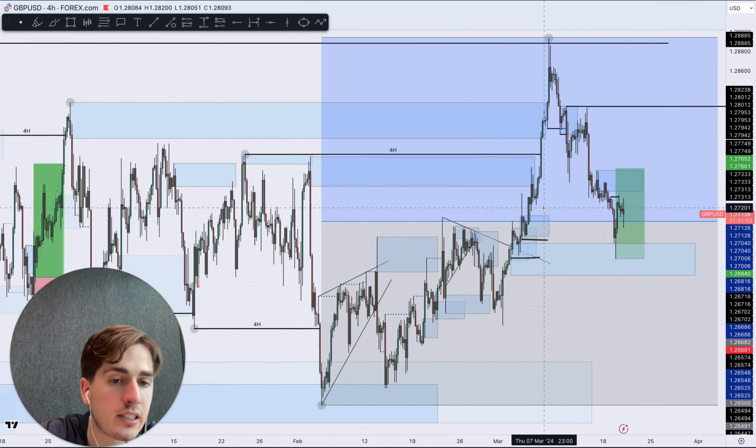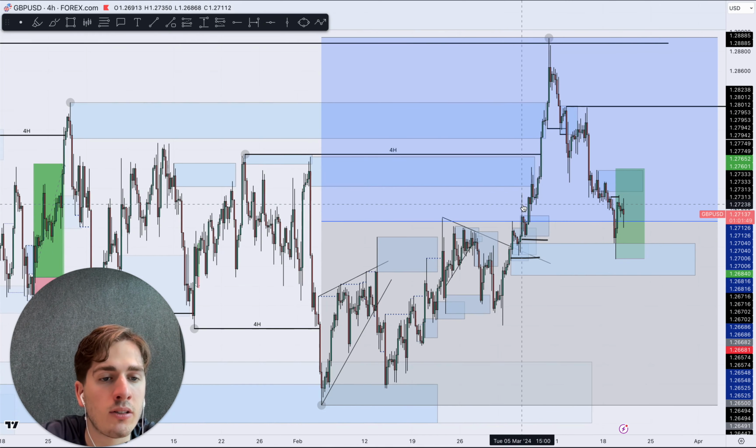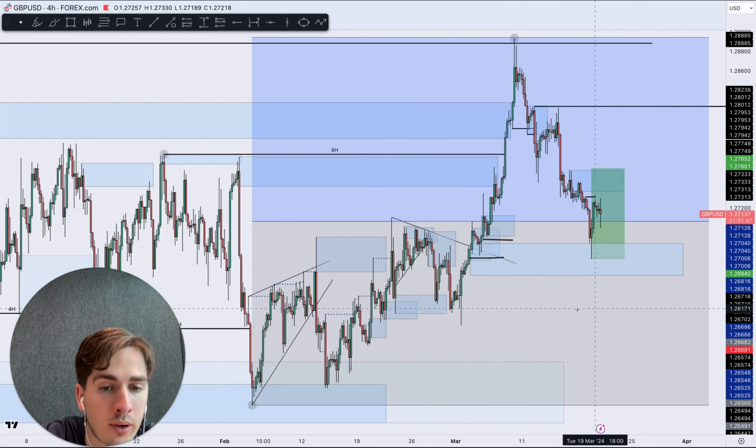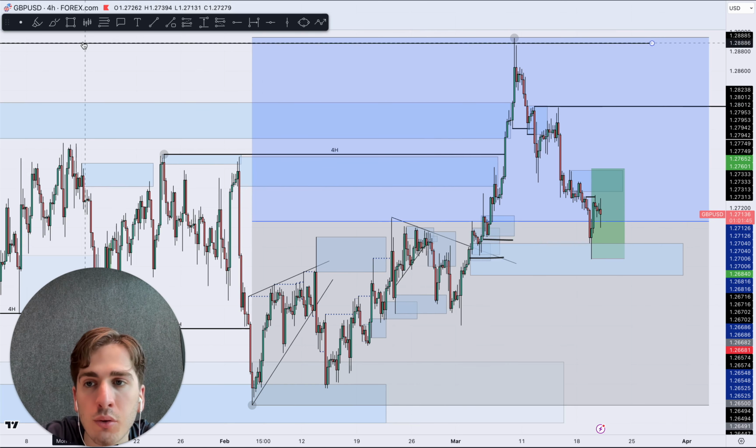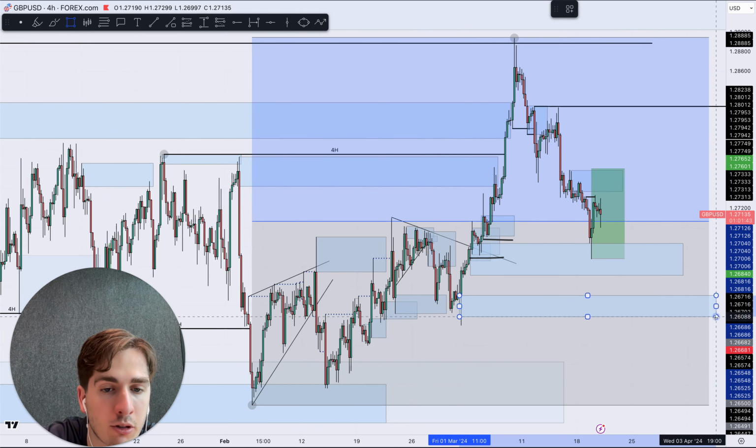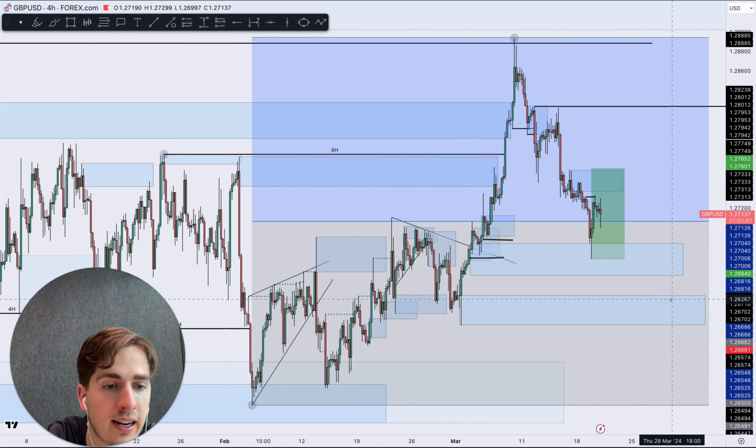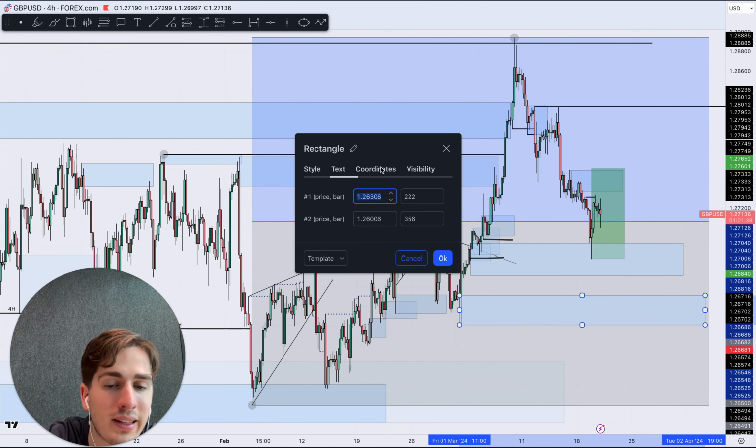I did mention in my yesterday's video, there's not a lot of strong areas of demand, so we could just head down lower. Keep that in mind. If we do, then my main target for pound dollar will pretty much be this area of demand over here. And for people who want to know the exact coordinates, over here on my screen you can see